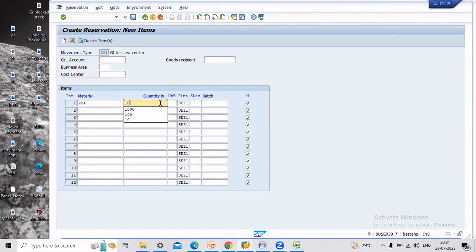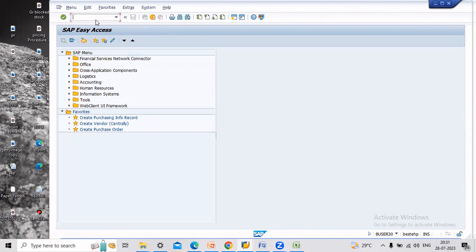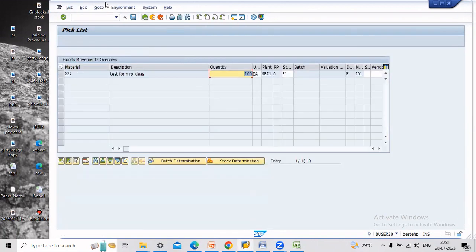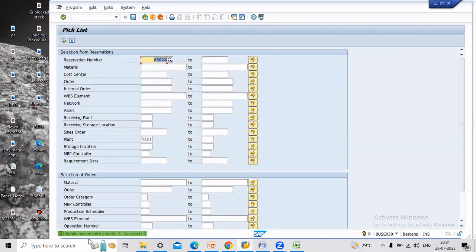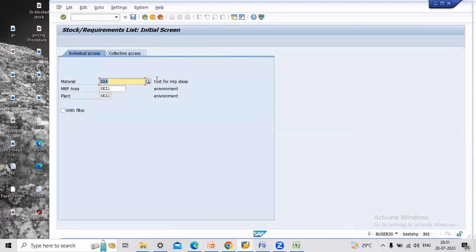Create before only. 100. Storage location F1. $89022 was the reservation. MB26 for picking. Already picked quantity was there. Just automatically goods issue was done. Now go to MD04 and run